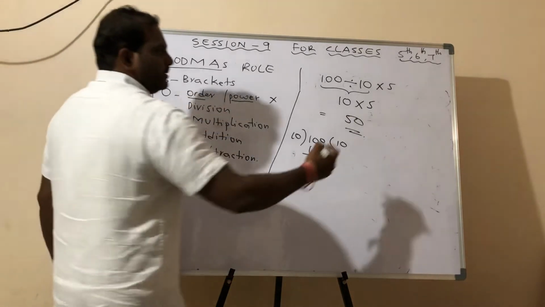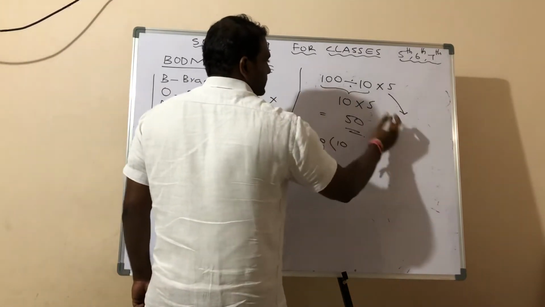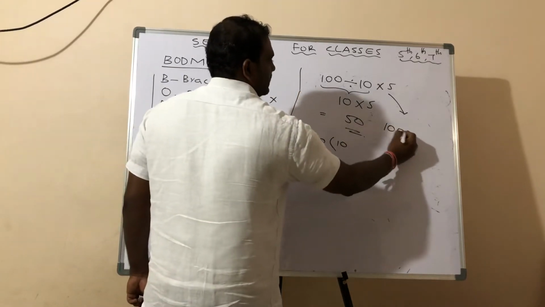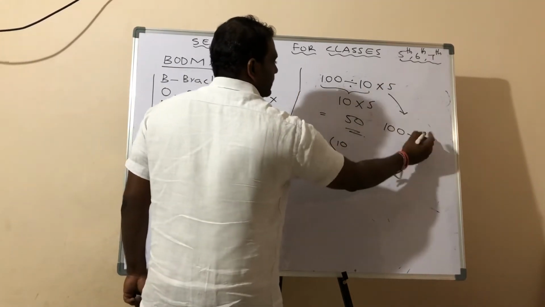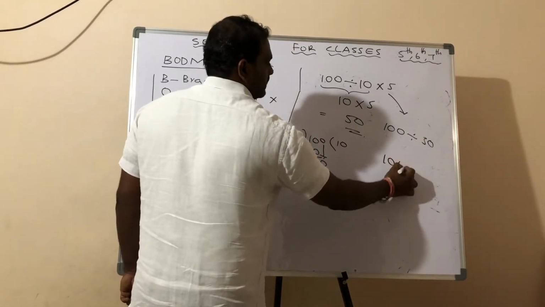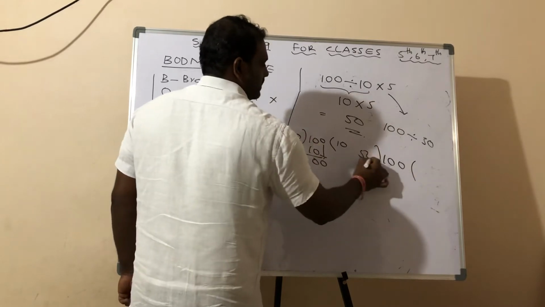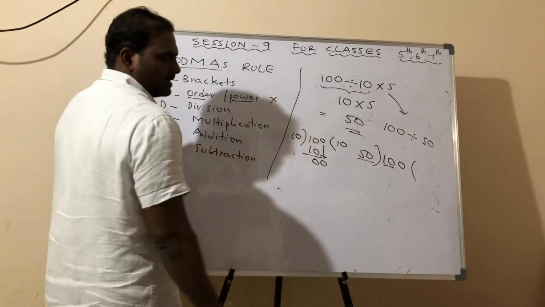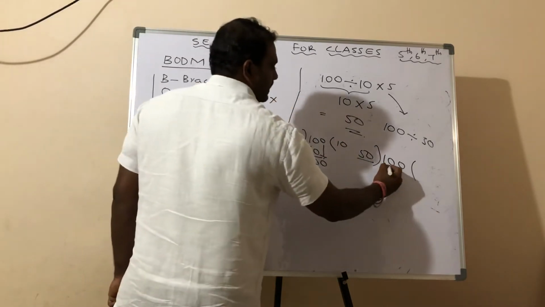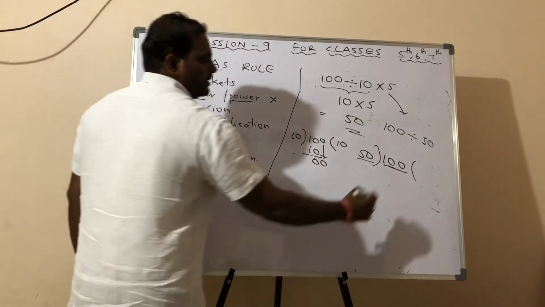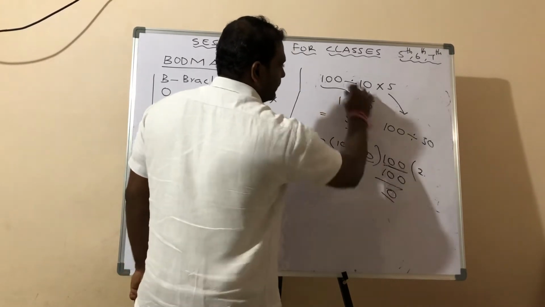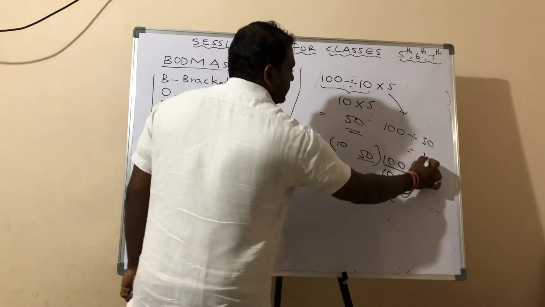So the student may do like this. Sir, can I do like this? First I multiply, then divide. So what will be the answer? 10 fives are 50. So 100 divided by 50. I'm taking 2 digits. 50 is here, 10 is here, it is not sufficient. Now I'll take 2 numbers at a time. 5 ones are 50, 5 twos are 100. So if you follow this method, the answer is 2.